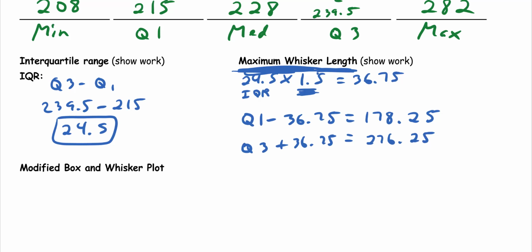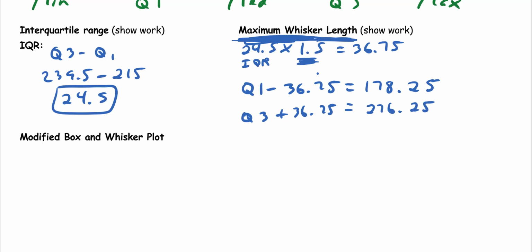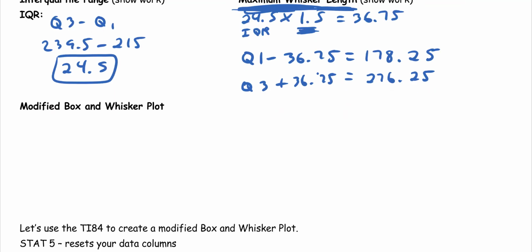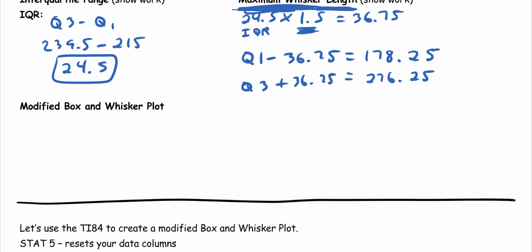Okay? I'm going to have to cursor down here, so you have to kind of remember what our minimum and maximum and Q1 and Q3 are. So the first thing I'm going to do is I'm going to draw a number line here. So if you guys can sketch a nice little number line. Okay, and then the lowest part of the whisker was 178.25, so I'm just going to go down to 180. I'm going to go up by tens. 190, 200, 210,